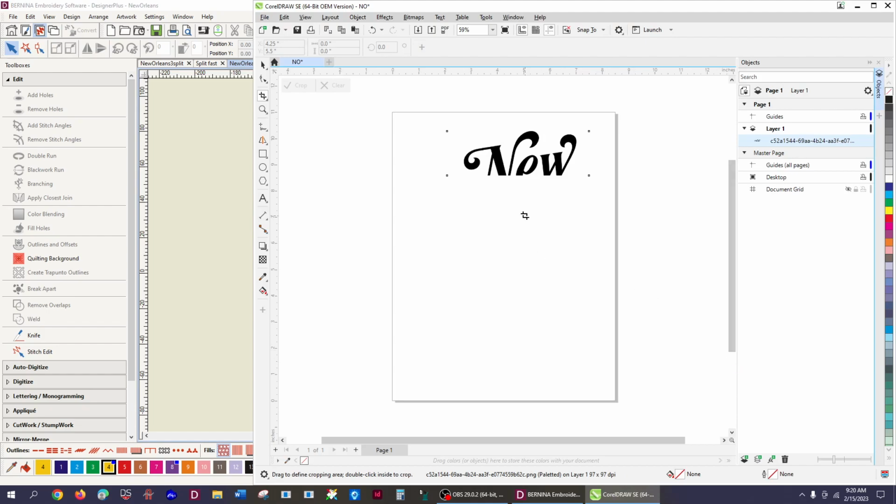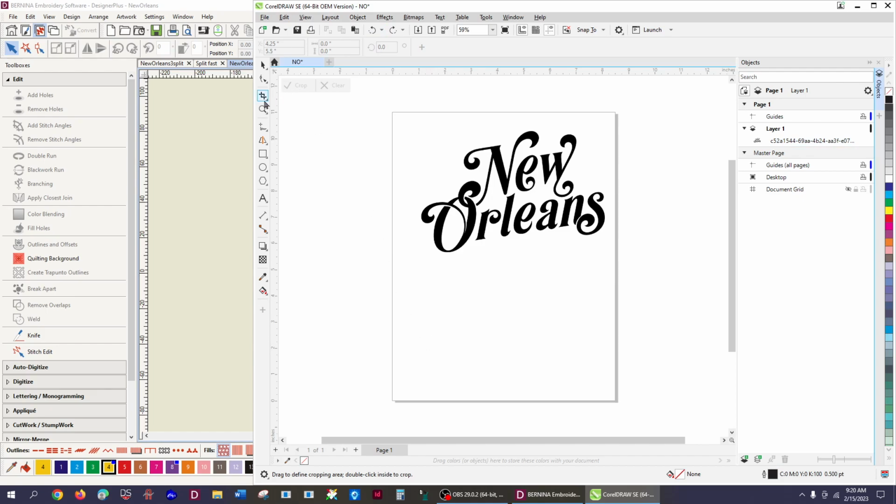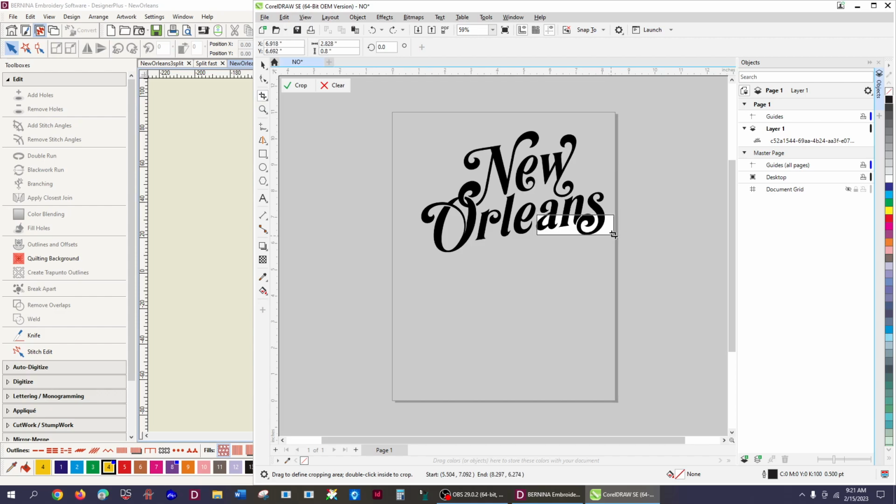I'll go back to my Corel Draw. From here, I want my entire design again. Now I'll crop the lower part. And where that's going to be, I found that I like this to be cropped between this section of the A. So I'm going to start just kind of right here where I want it. And you'll find that this is easy to get exactly what you want in your crop. Let's take a little bit more. That's going to give me a clean crop